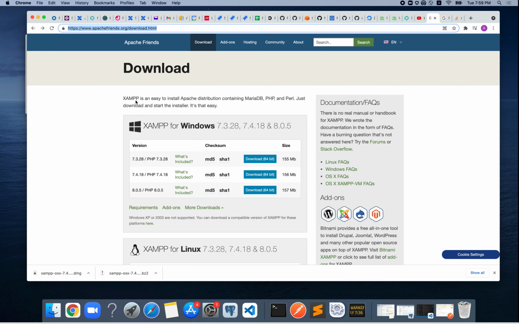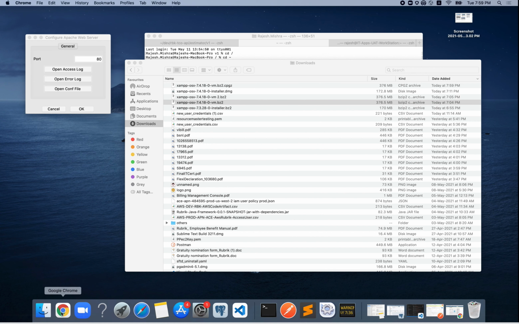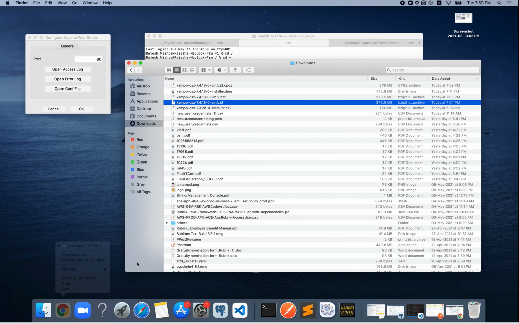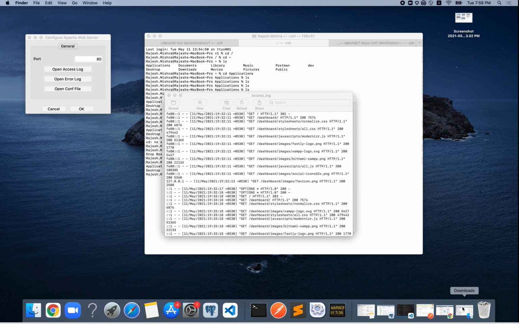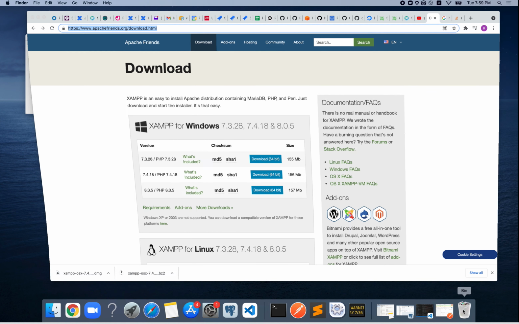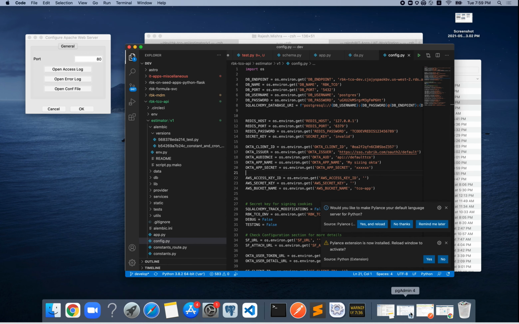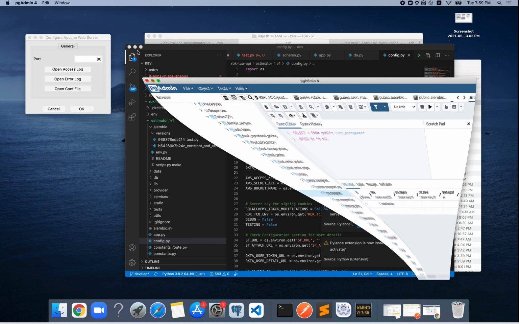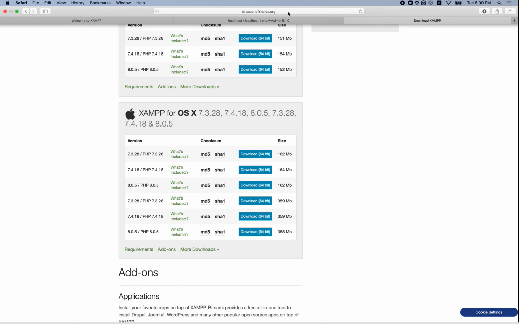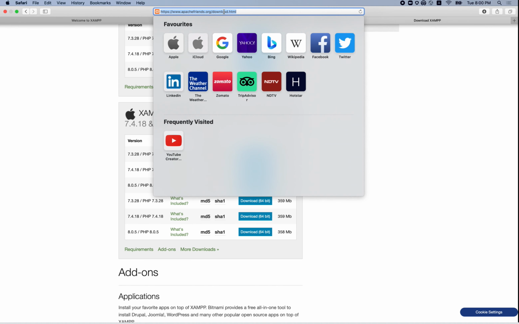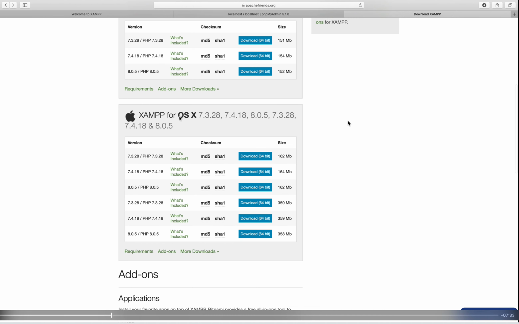First you need to open the apachefriends.org website. This is the official site of Apache, so you don't need to worry. Here you need to go to the XAMPP section.